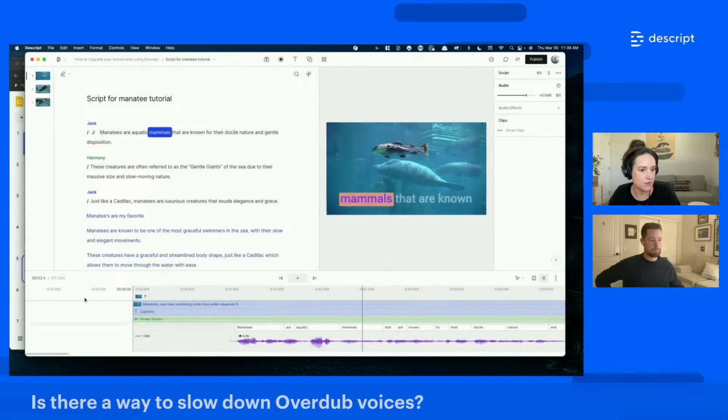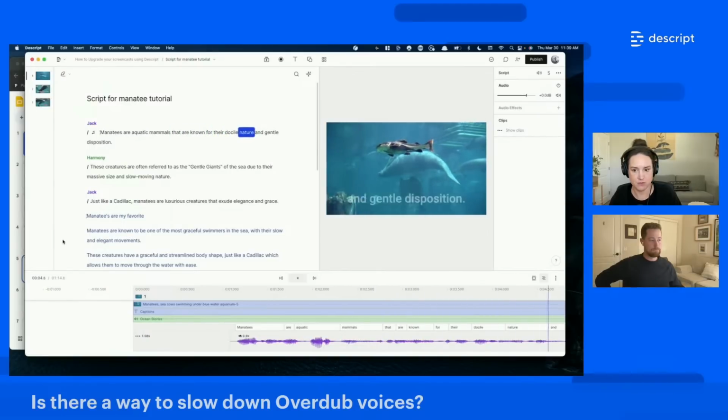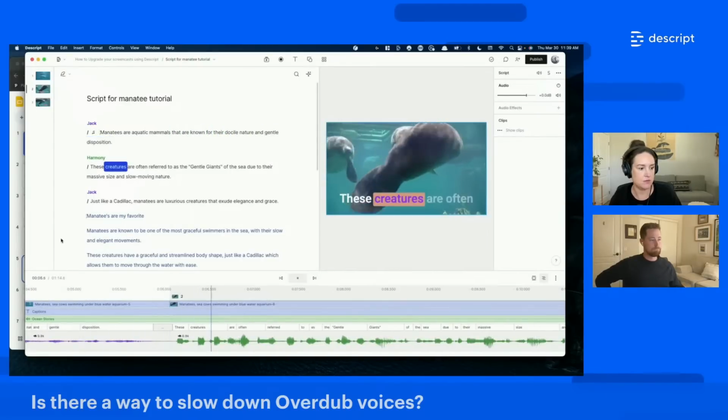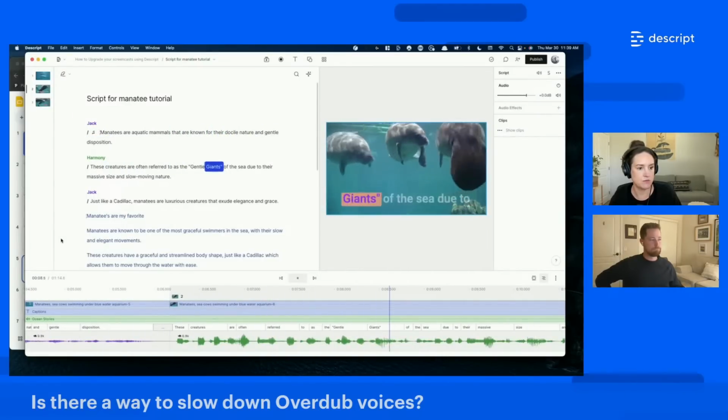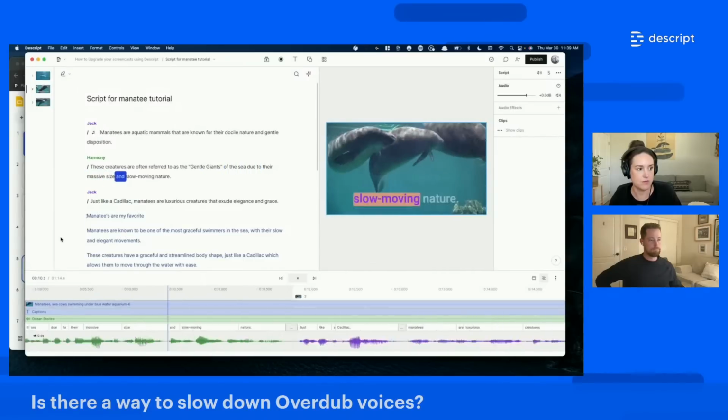Manatees are aquatic mammals that are known for their docile nature and gentle disposition. These creatures are often referred to as the gentle giants of the sea due to their massive size and slow-moving